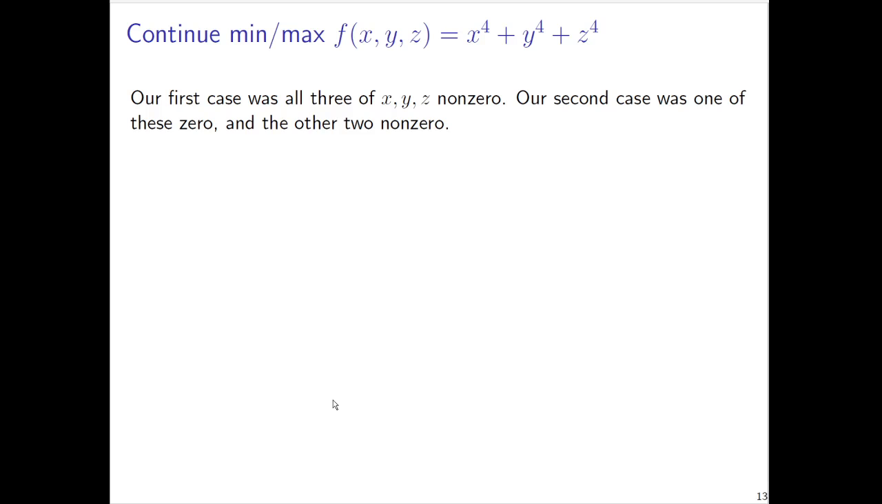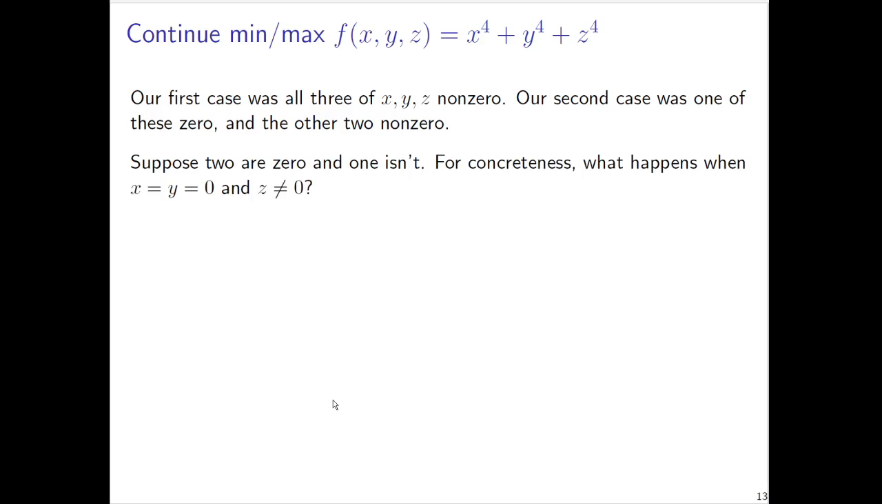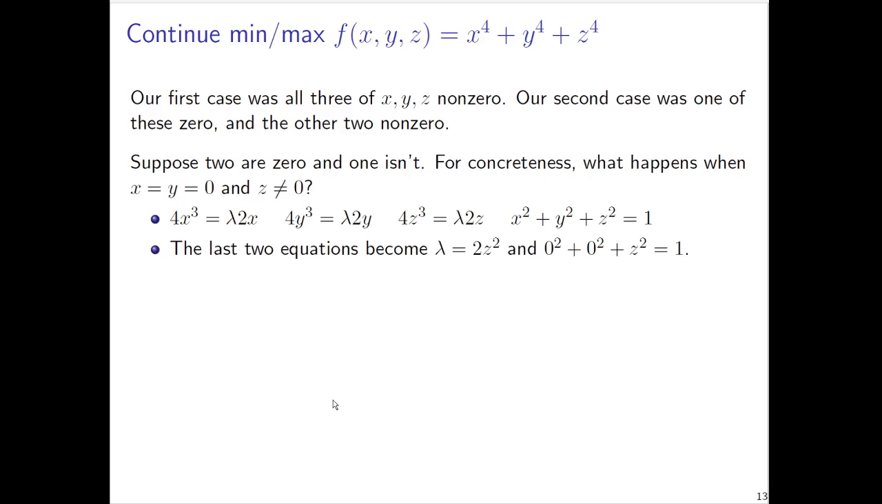Okay, our first case was all 3 of x, y, and z non-zero. Our second case was one of these 3 variables is 0, the other 2 are non-zero. So now let's look at the situation when 2 of these variables are 0 and 1 isn't. So just to make it more concrete, how about x and y are 0 and z is non-zero? So then here again, just a reminder that the first 2 equations are just 0 equals 0 and 0 equals 0, and then the next equation,